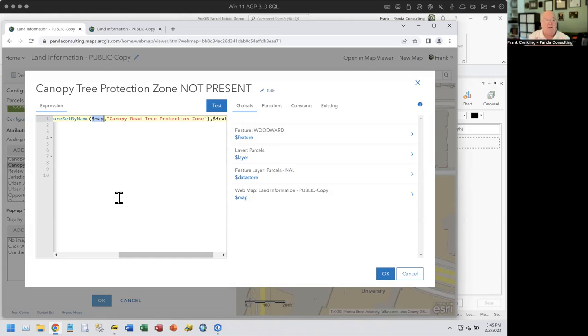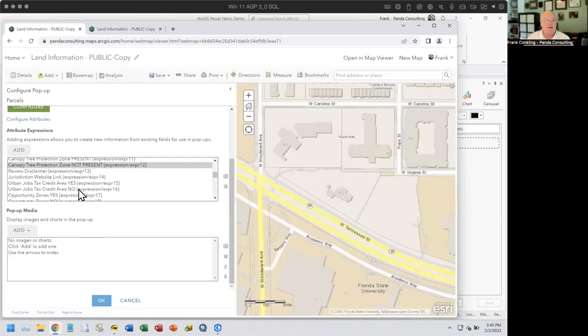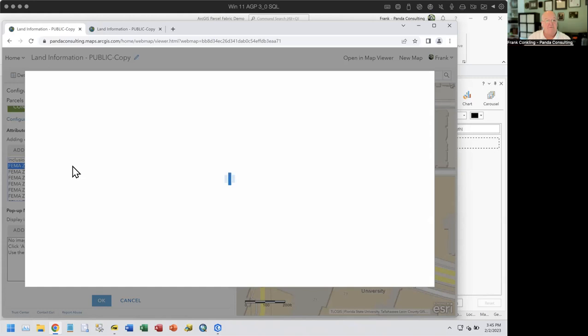This is out on a web map. It's actually looking at resources coming in from all over on the internet, and it's doing intersections against them and calculating all of these values on here and saying whether or not it's present or not on here. So for example, this flood zone, if I look at this FEMA flood zone,